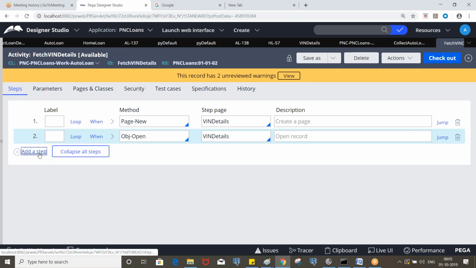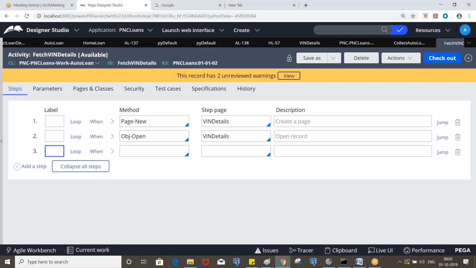Okay. So once the second step is executed, you will have the data available on the win details page, and we need to map it to the UI properties. So what is the method we need to use? We have the data available on win details, and we need to map it to work page properties. So what is the method we have to map? Property set, right?